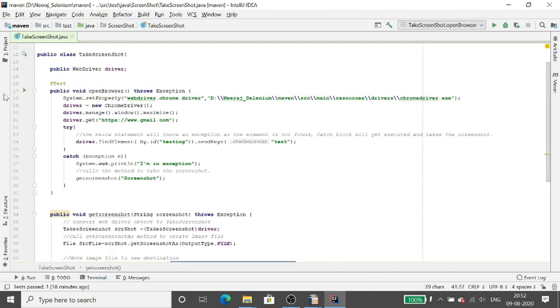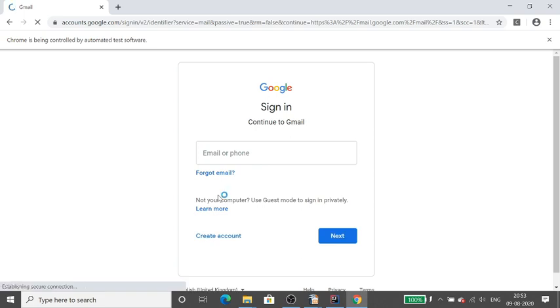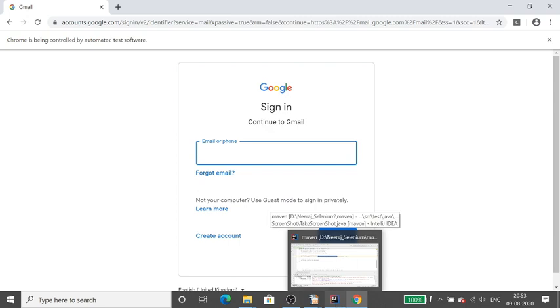So let me run this code. You can see that the Gmail application is open. Now I have provided a wrong ID of email, so it will throw an exception over here.